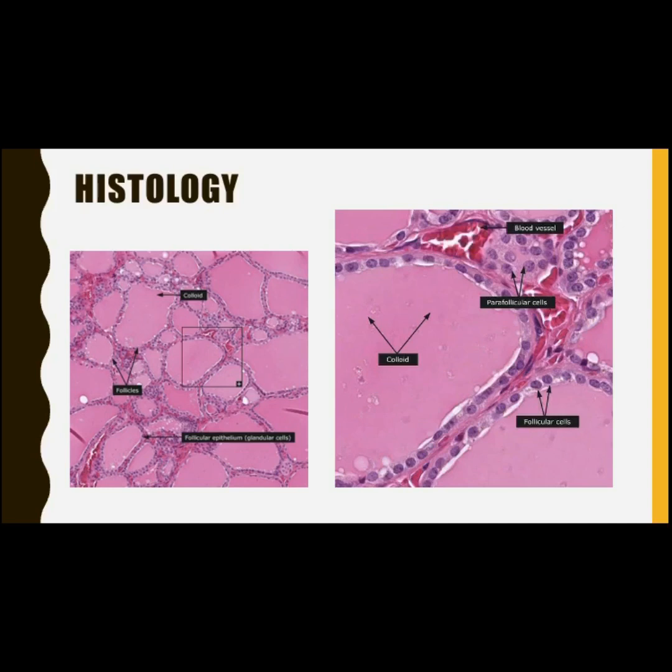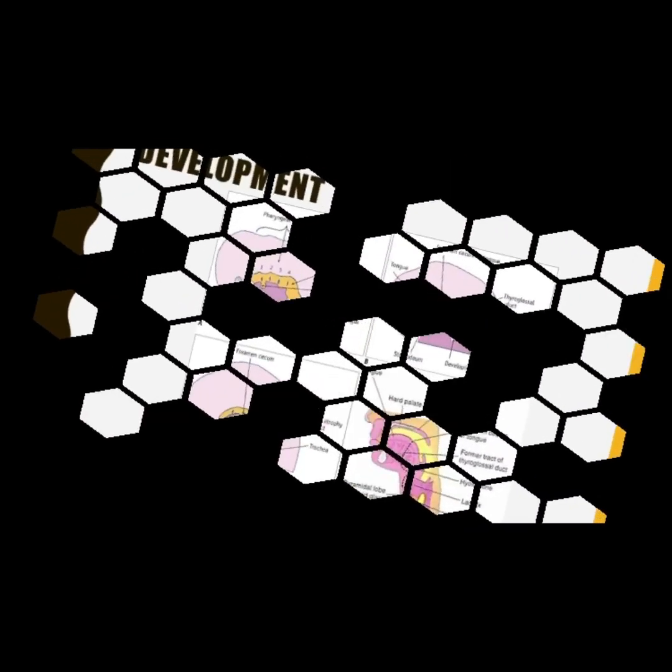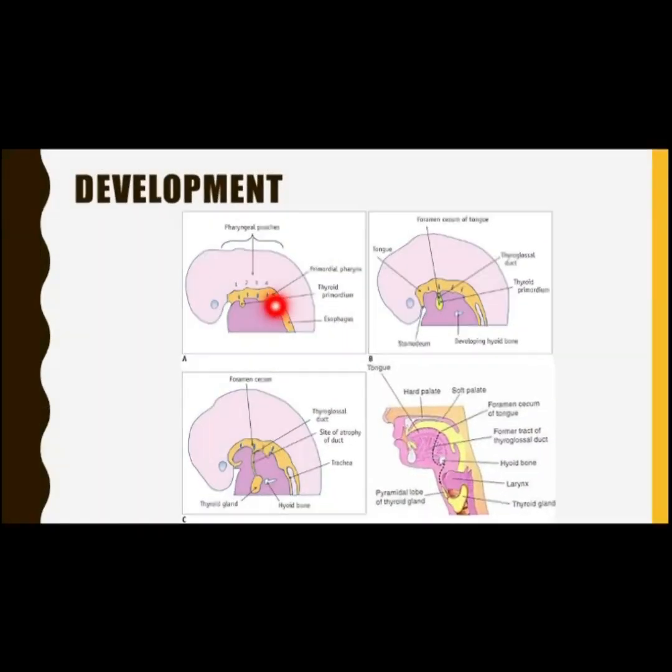So moving on to its development, this gland originates from the thyroid diverticulum from the floor of primitive pharynx during the 4th week of intrauterine life. Develops from the thyroglossal duct, which originates from the foramen cecum of tongue. This thyroglossal duct later migrates during the 5th week of intrauterine life towards the trachea to reach to its final